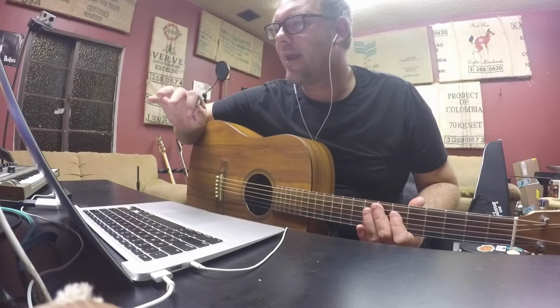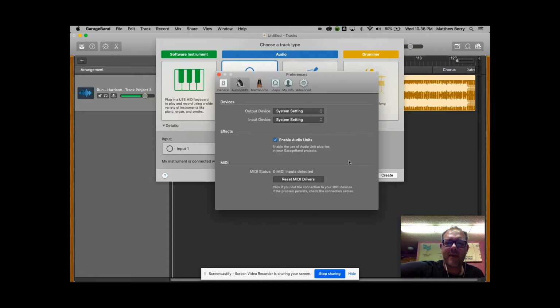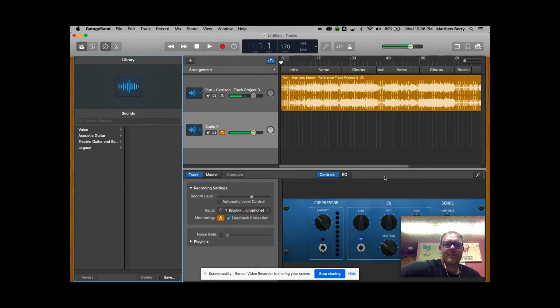GarageBand might catch that, and it might tell you, hey, feedback. But only hit this button if you have all that stuff correct. So system settings is where I am for audio. I'm going to hit create, and then I want to